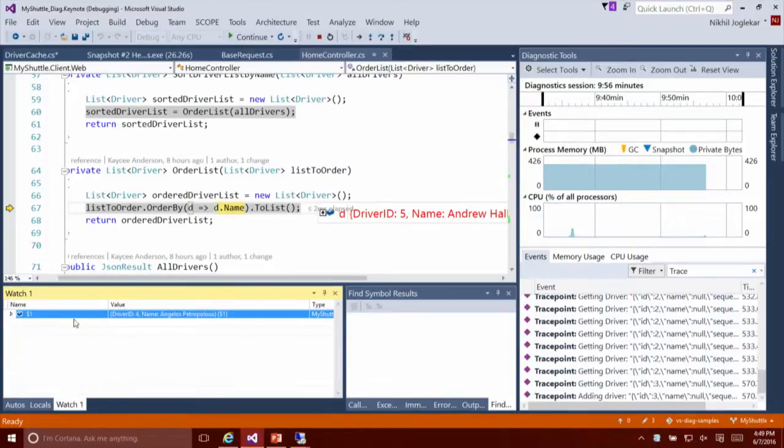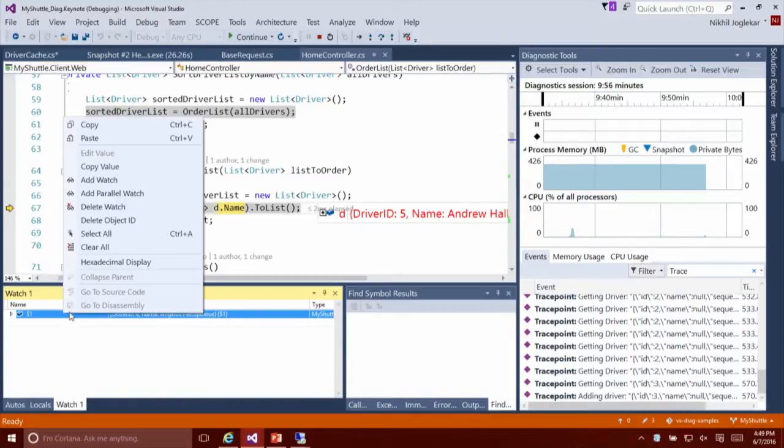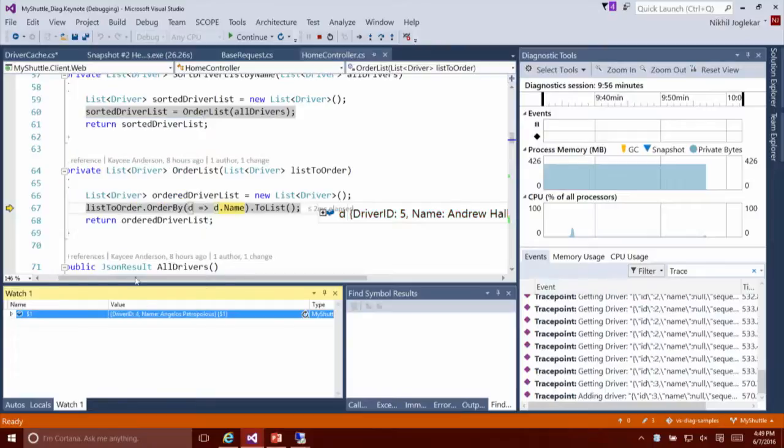Now, there is some overhead for maintaining object IDs, so I recommend that when you're done with it, go ahead and delete your object ID. So now I don't have that hanging around in memory anymore, or in the debugger. So as I was showing you that and stepping through here, I realized that I made